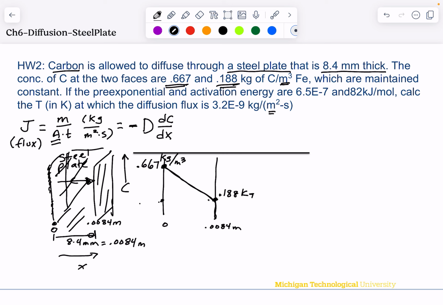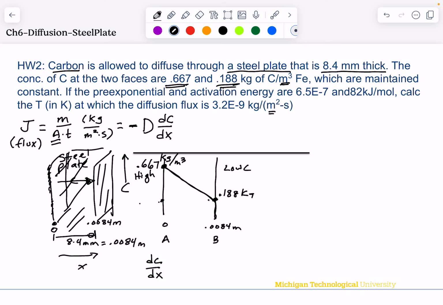So on the left side, we have a high carbon concentration, and on the right side, we have a low carbon concentration. And I've drawn a picture like this because it helps us to understand what the concentration gradient is. So if I call this point A and I call this point B, the dC/dx, which is another way of writing that